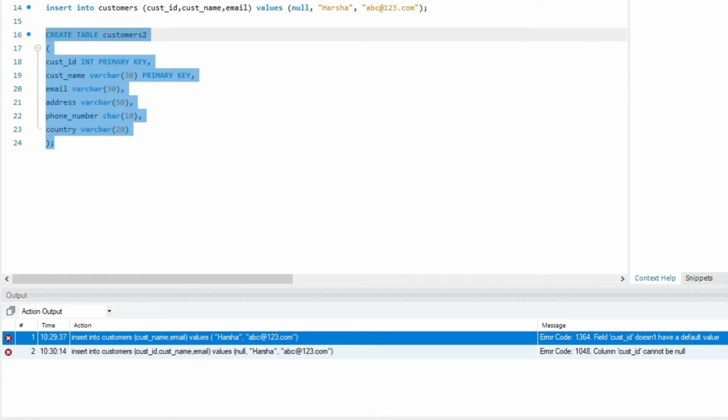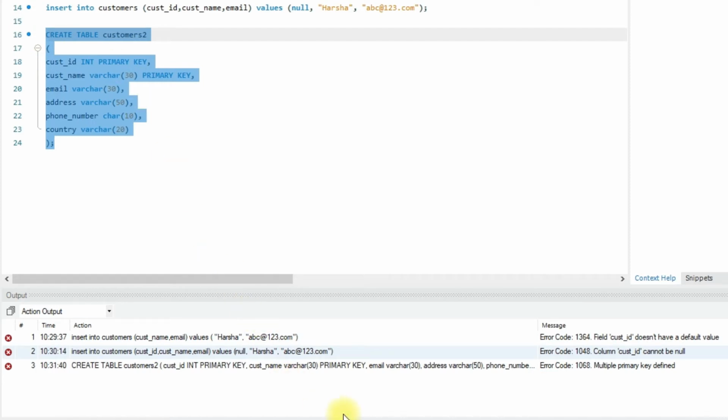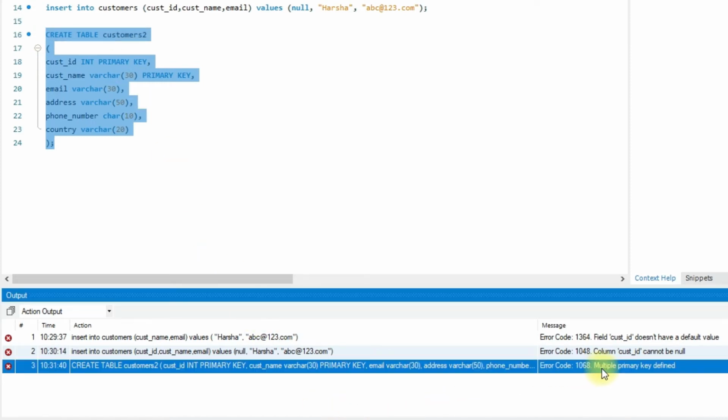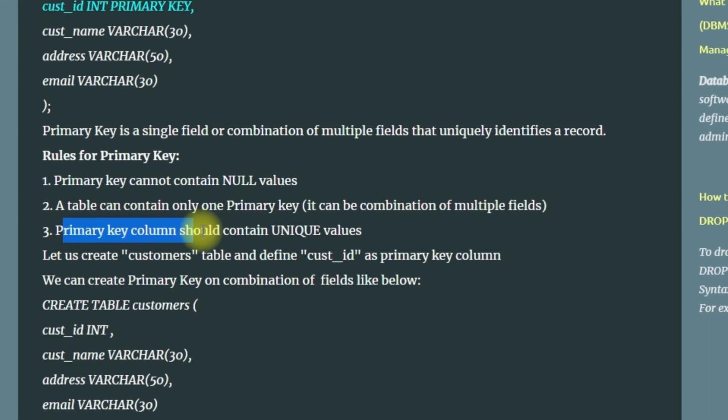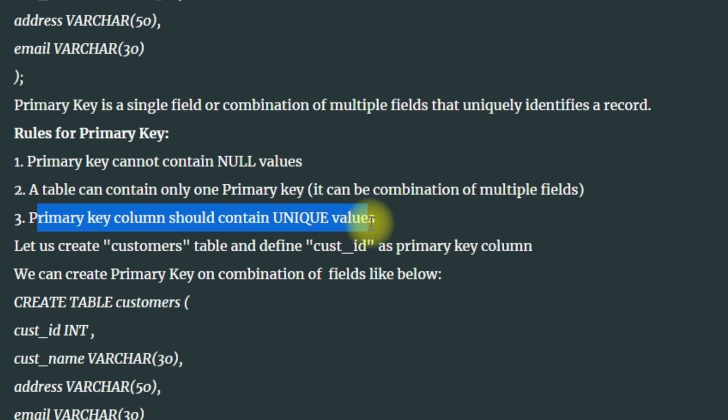Let's run this statement. It's giving an error saying multiple primary key defined. So we cannot have two primary keys in a single table. That's another rule.